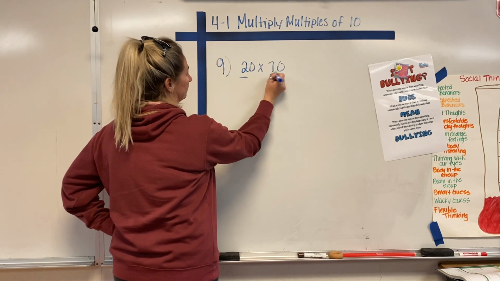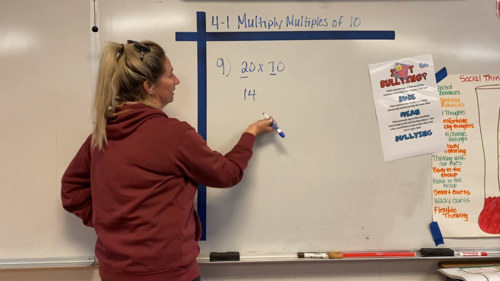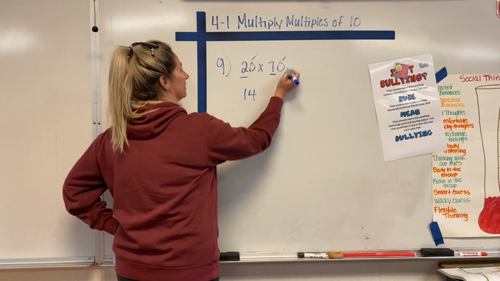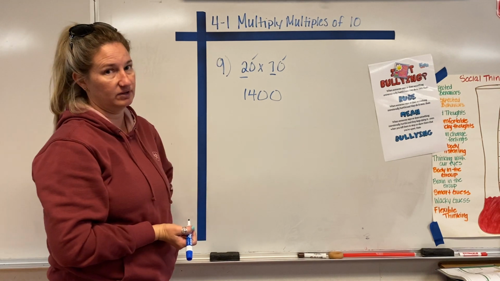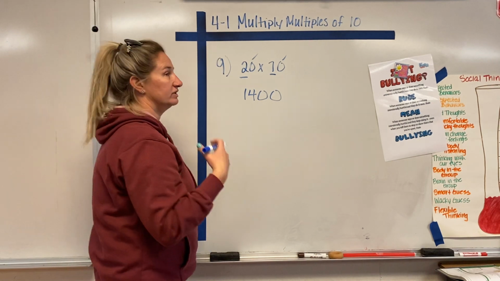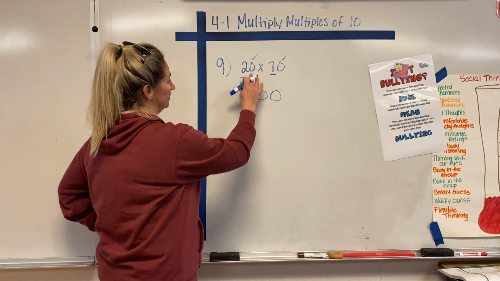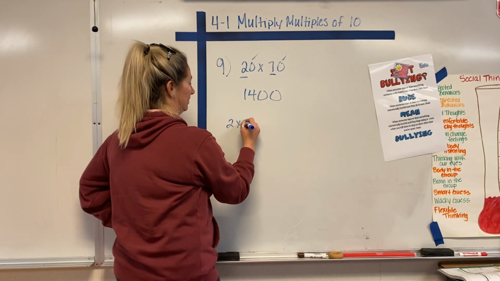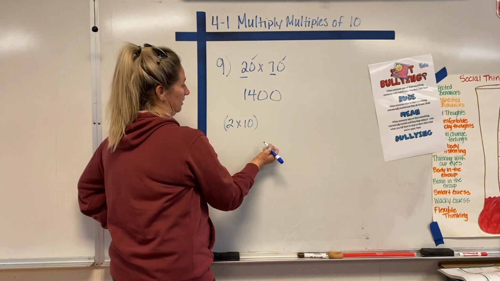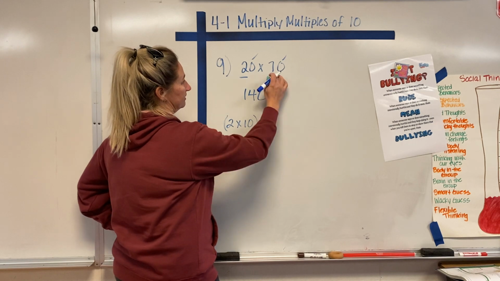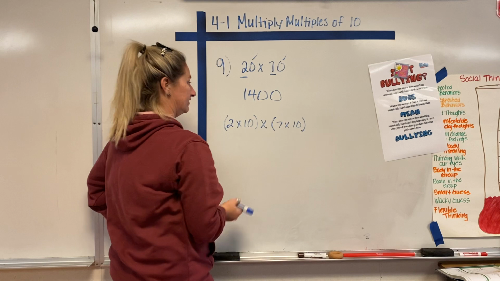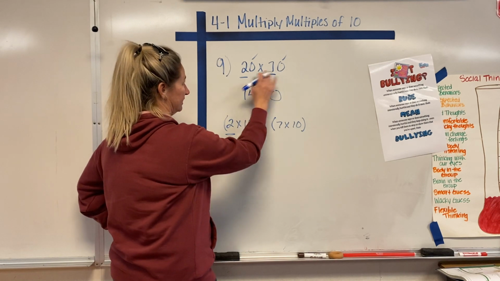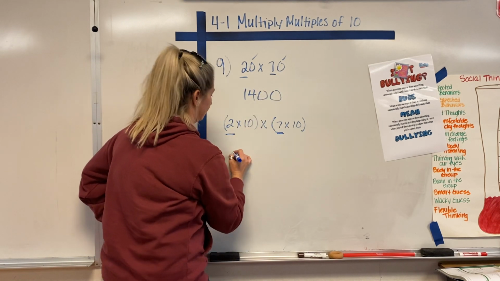I'm going to multiply the first 2 numbers, that's 14, and add my zeros. Okay, so 1,400. Now, if I wanted to do it the other way, it would be 2 times 10 for 20, okay, times 7 times 10 for 70. Then I would do what I did here and multiply the 2 and the 7,